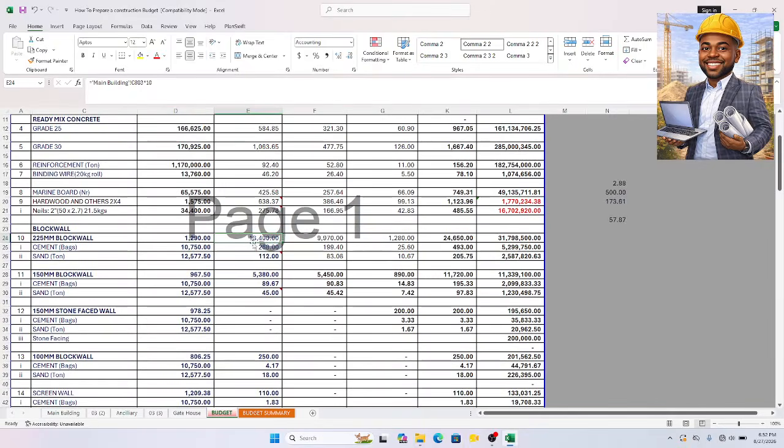Okay, now if we have 1340, if I multiply by 10, because 1 square meter is 10 blocks, that gives me 13,400. The same thing here for ancillary building, multiply by 10. The same thing for gatehouse, I multiply by 10. That gives me the total quantity of block work, 2 to 5. This is the budget. Now for the cement,